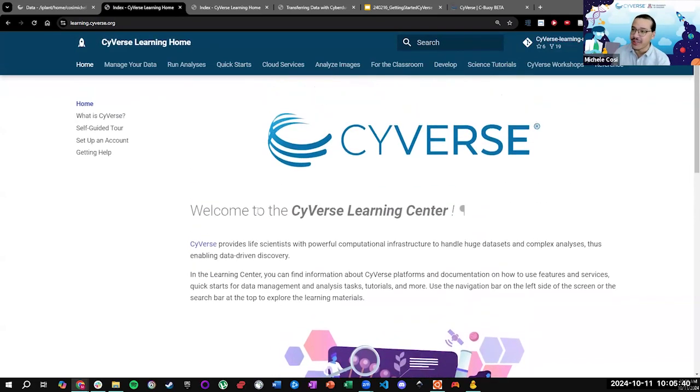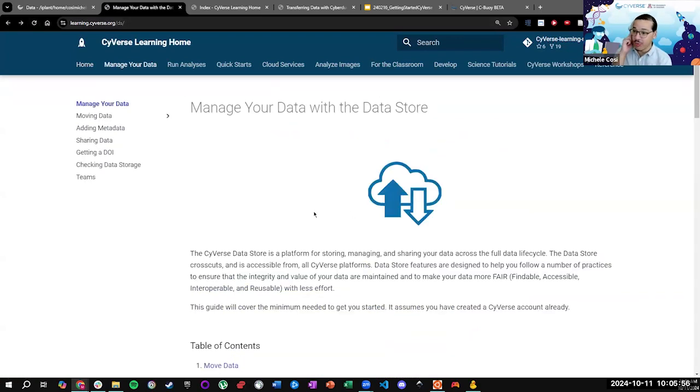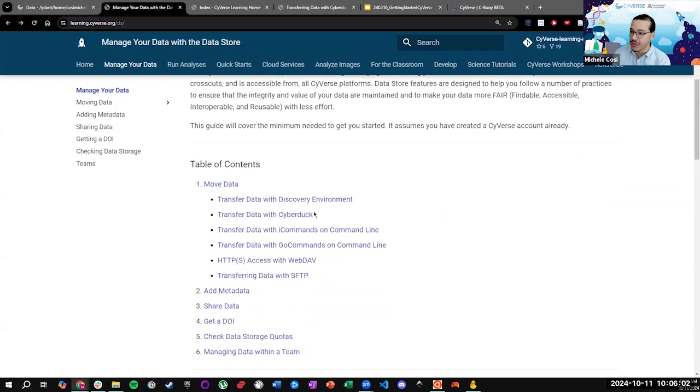Since today we're talking about managing your data and moving your data, you see over here we do have a Manage Your Data tab. Please click on that. I'm clicking on that. There we go. We have a number of instructions as well as information for you to access in our table of contents of the Manage Your Data section. The first thing that I do want you to look at is within moving your data,